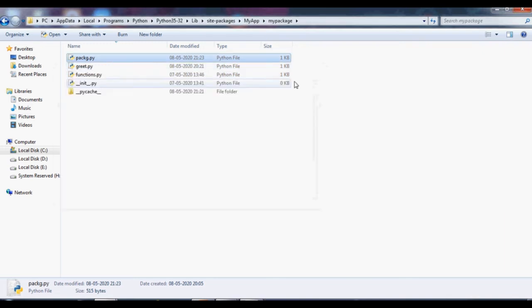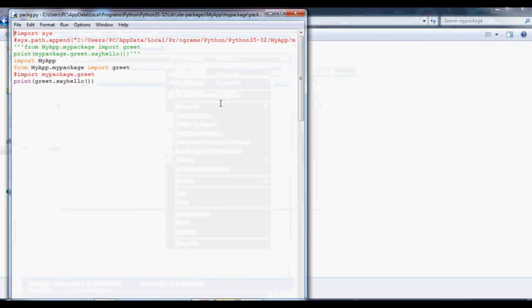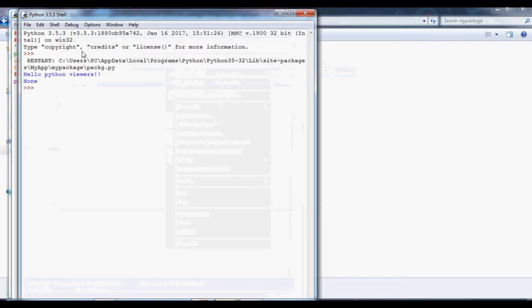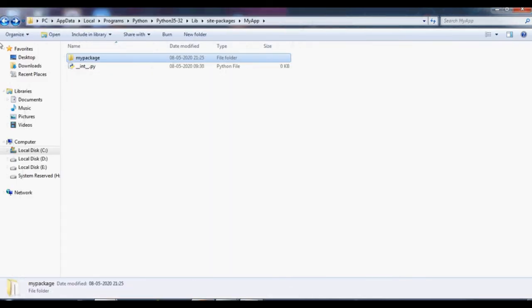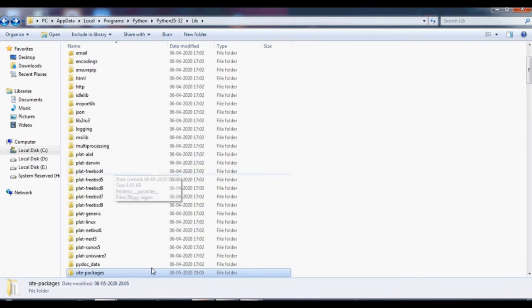These are the definitions I have given in the greet module. Let me explain how to create sub packages also.